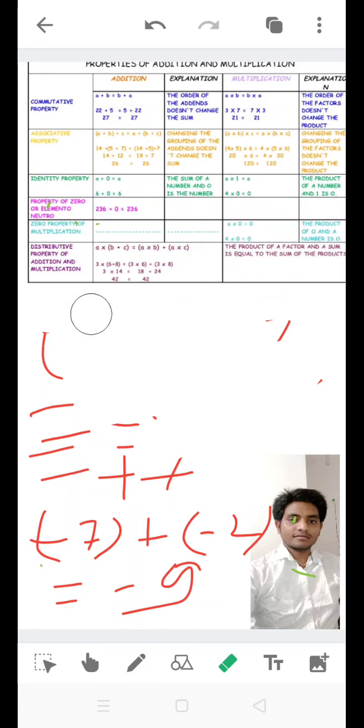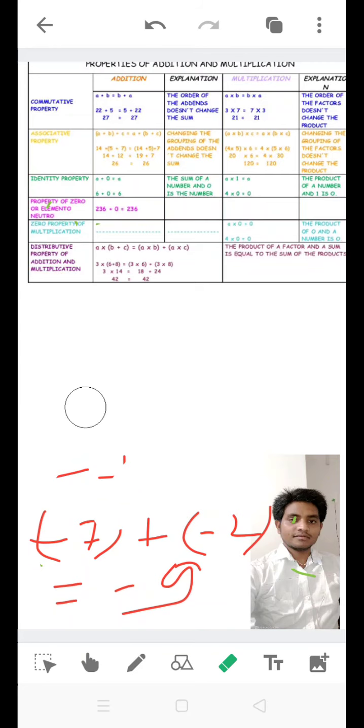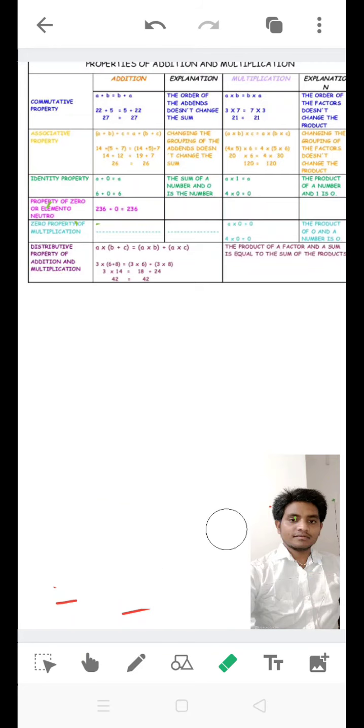Next, in this chapter we now discuss the properties of addition and subtraction of integers. While you see this table, the properties of addition and subtraction of integers. First, you have the first property,